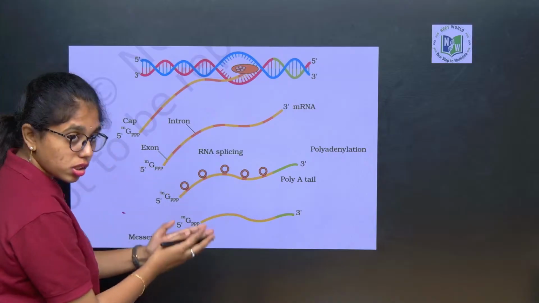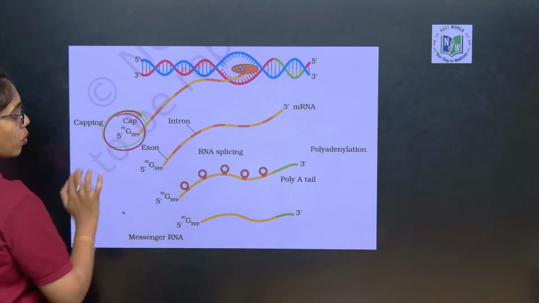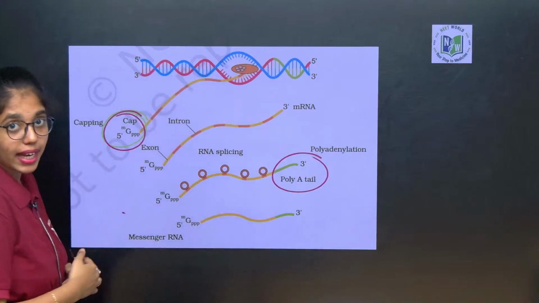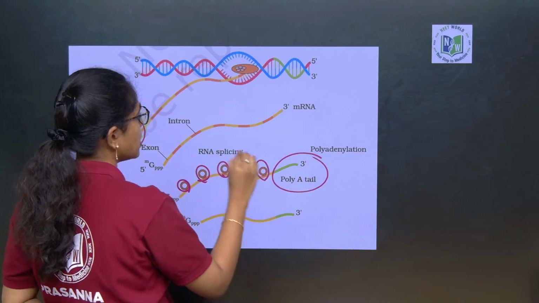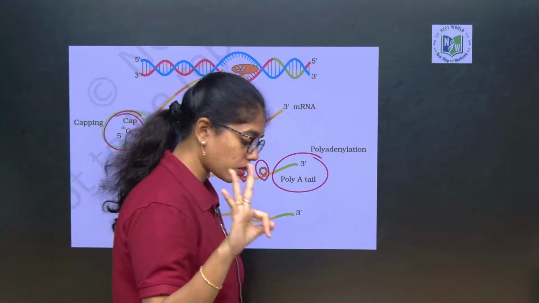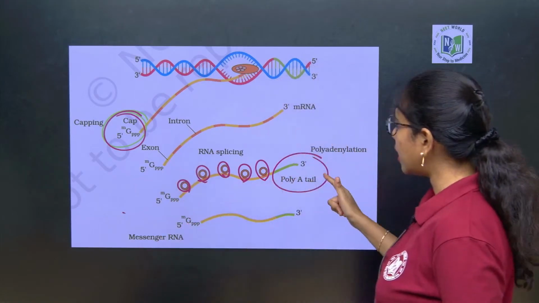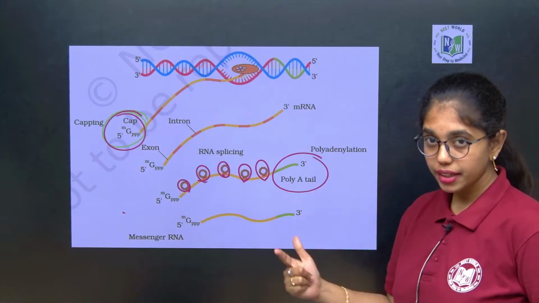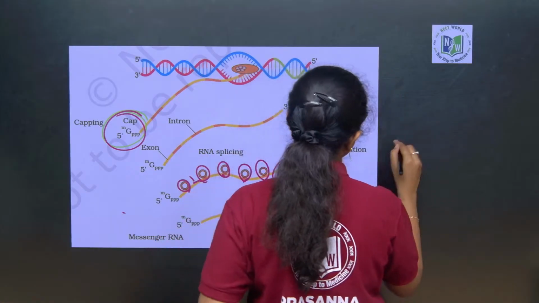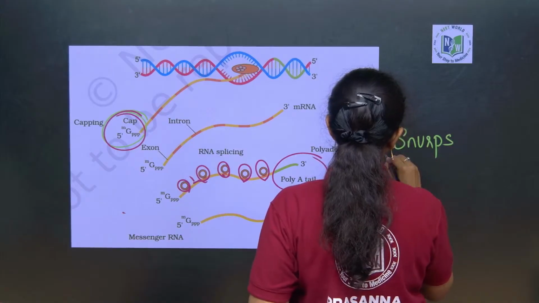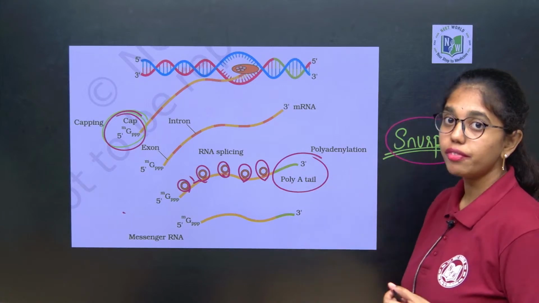Post transcriptional events take place in the nucleus: at the 5 prime end, capping of methyl guanosine takes place; at the 3 prime end you can see a polyadenylated tail; and at the center, splicing takes place, mediated by SNRPs, a few RNAs and proteins, which cleave the inactive sequences,